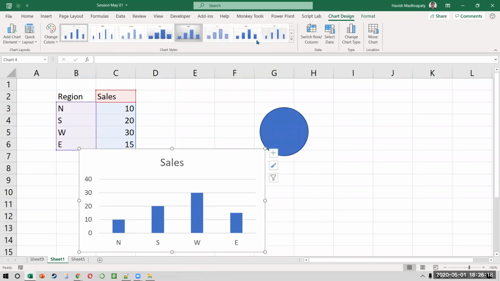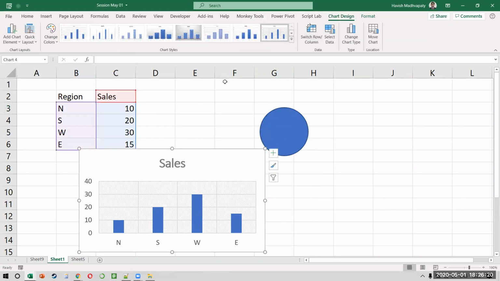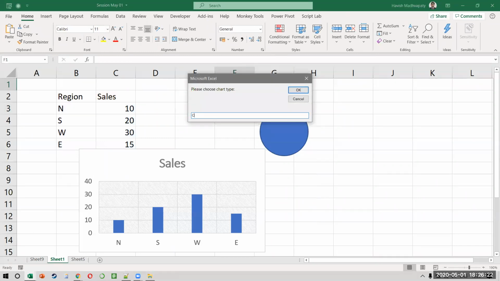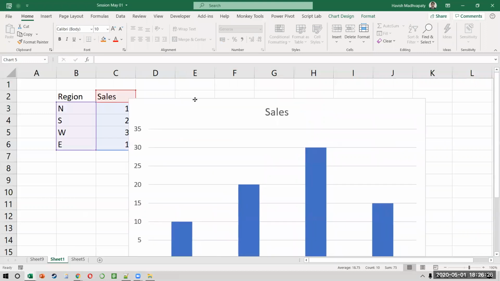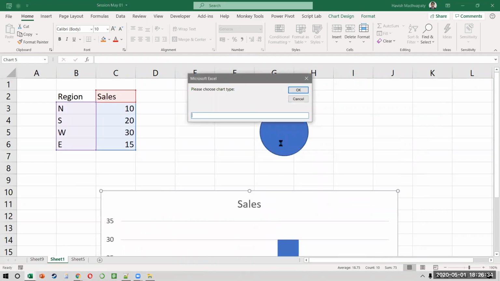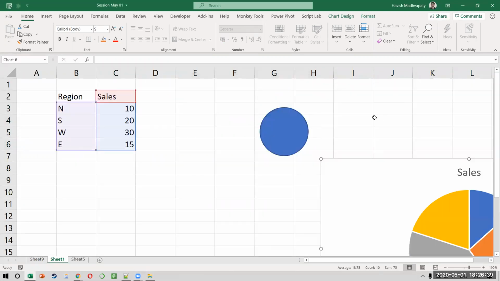Let me first make this into a different type. Otherwise, we won't know that something happened. So I click, I say C, and I press OK. And if you notice, it creates a column chart for me. Very cool, right? I'll tell you how to make the size different and how to put it in a certain location. But it is giving us a result. Similarly, when I click and I say P for pie, you notice it deletes the first one and it creates a pie chart. But there's a problem, no?